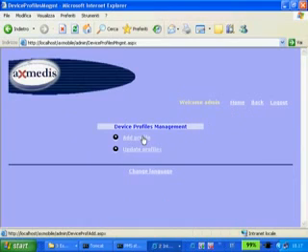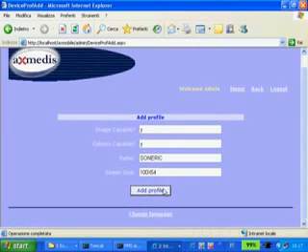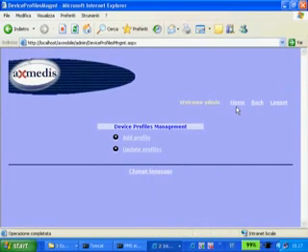The second step will be to perform an update or an addition of a profile of device. It is necessary to specify what are the main characteristics of the device, which are, for example, the size of the screen, its capability in terms of color management and image management. Once this is done, it's possible to start